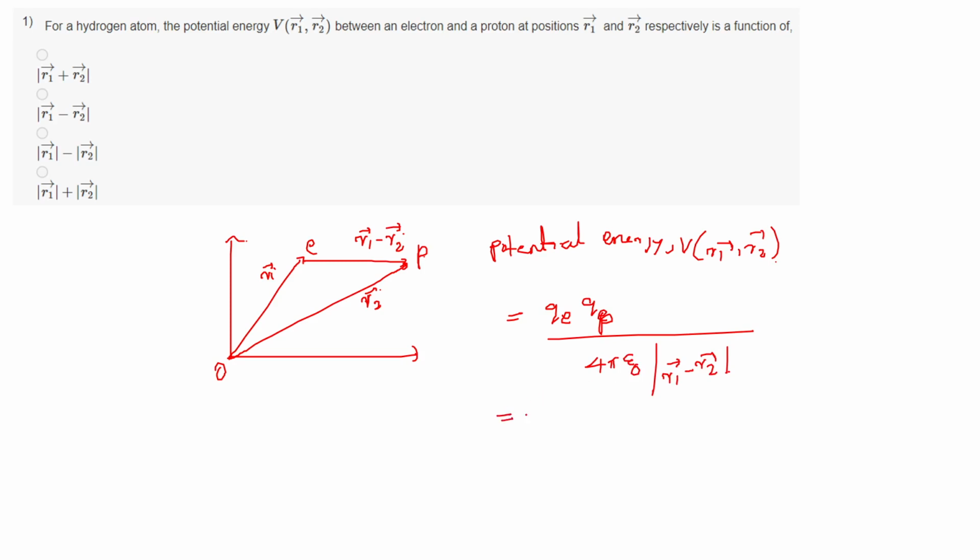We know the charges of proton and electron are the same in magnitude, so it will be minus e squared over 4 pi epsilon 0 times |r1 vector minus r2 vector|. Okay, so the negative potential energy here indicates what? It is an attractive potential, which means Coulomb potential. Okay, so the